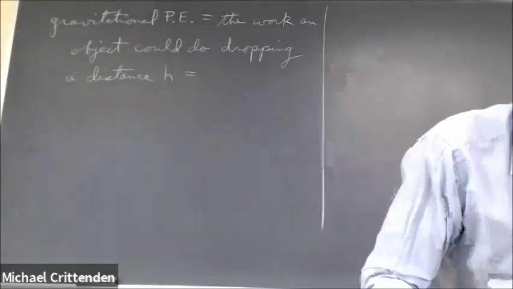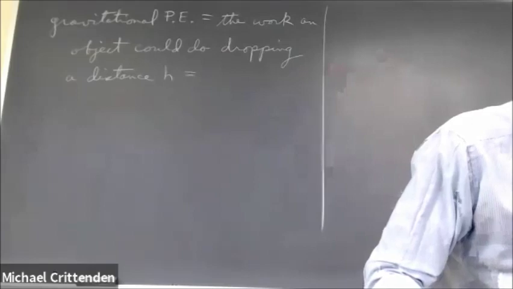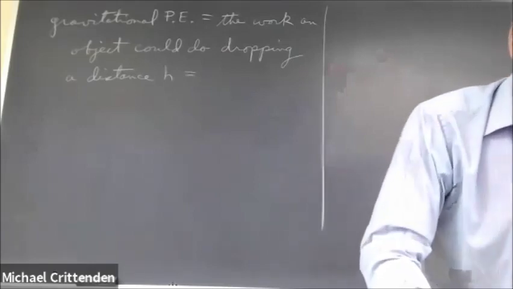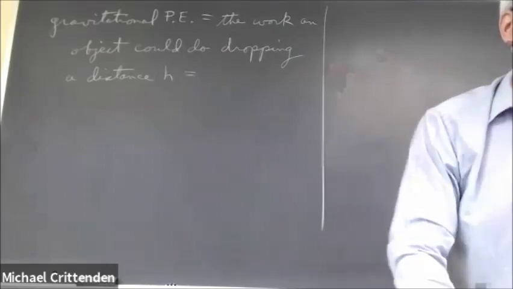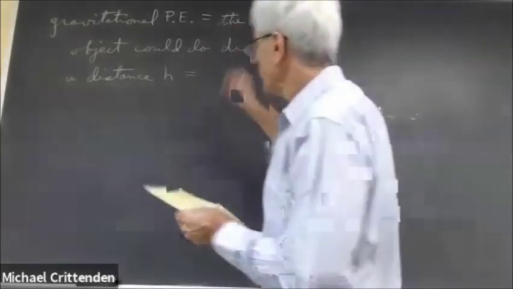Gravitational potential energy is the work an object could do dropping a distance h, h for height. This thing is some height h, perhaps above the floor. Well, work,